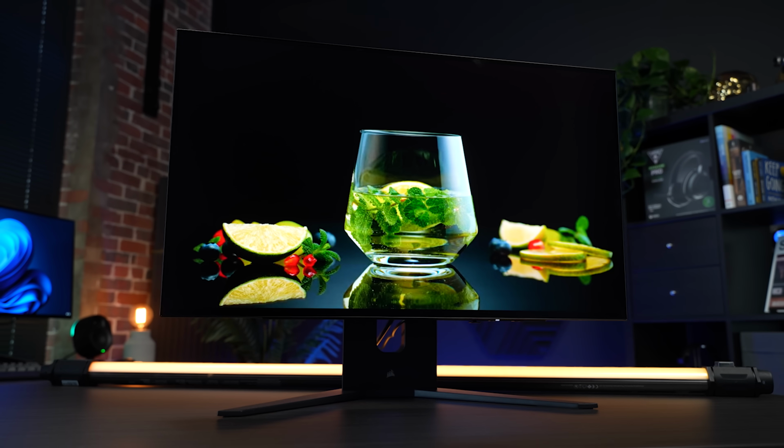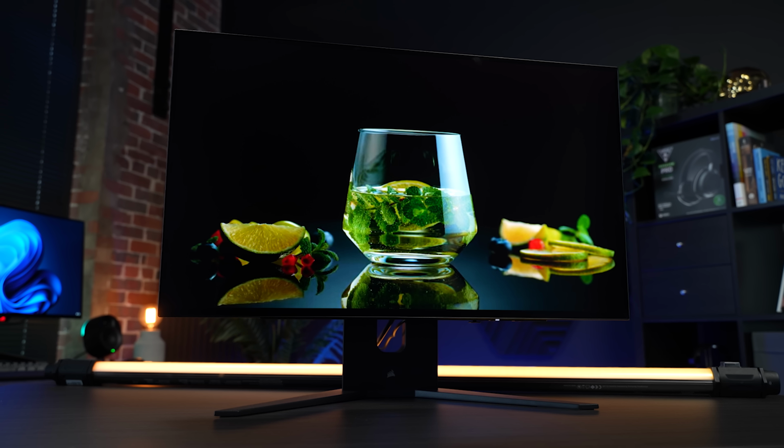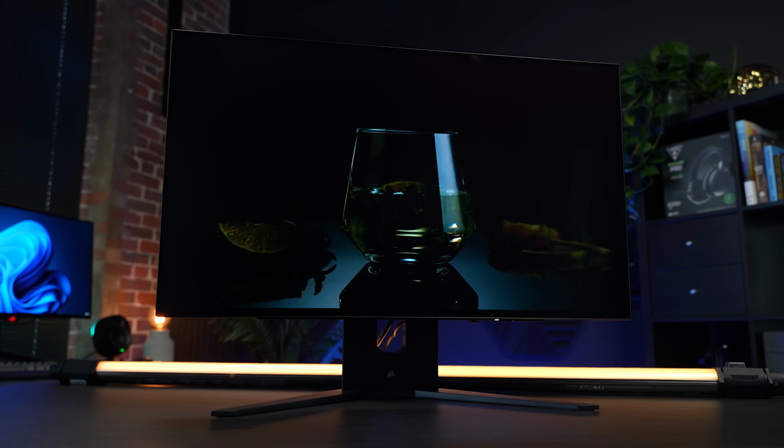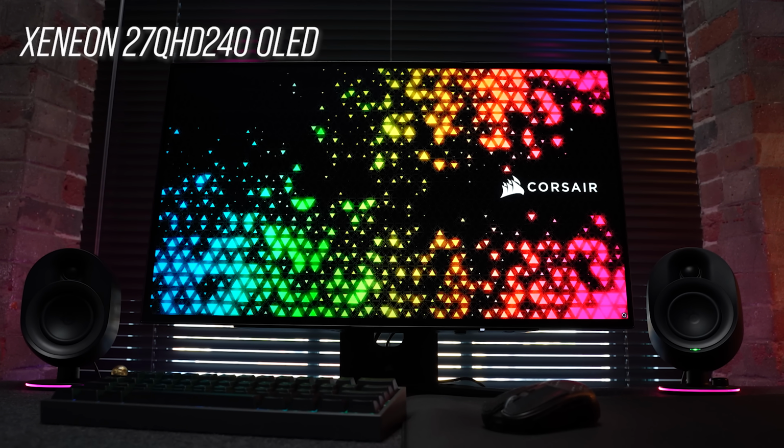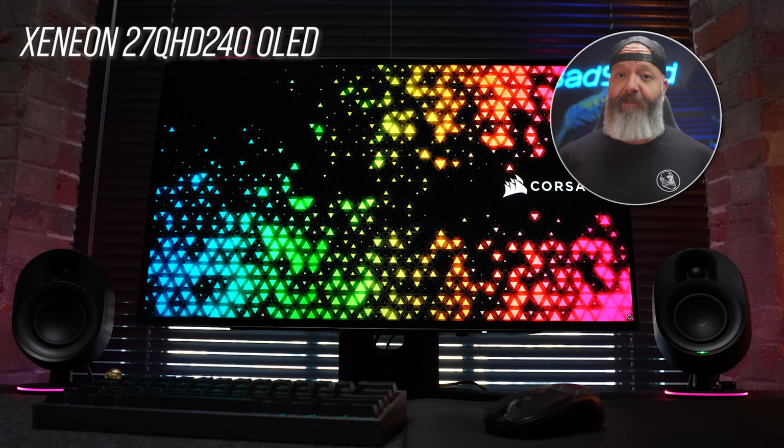So today Corsair is dropping their version of the 240Hz OLED format that we've seen a couple times now from LG and Asus. This is the Xeneon 27QHD240 OLED, a monitor name that actually makes sense. It is using the same LG panel that we've seen a couple times already, so this is more or less just closing the loop today to figure out which variant is worth picking up if you're considering one of these